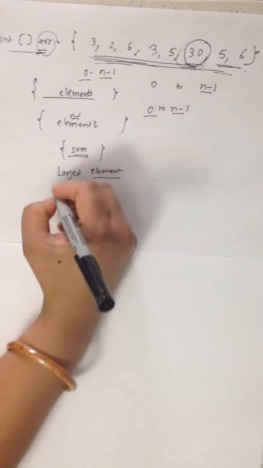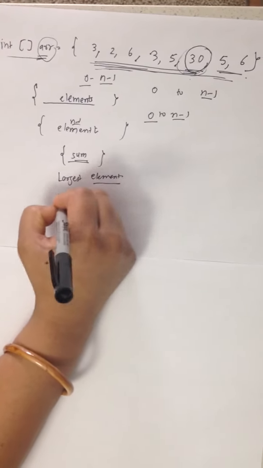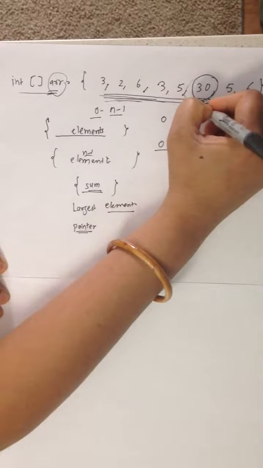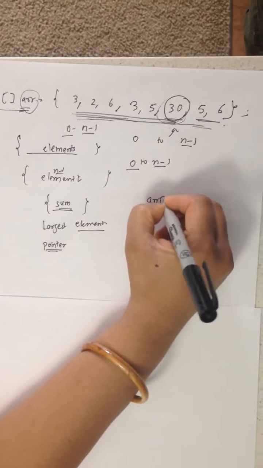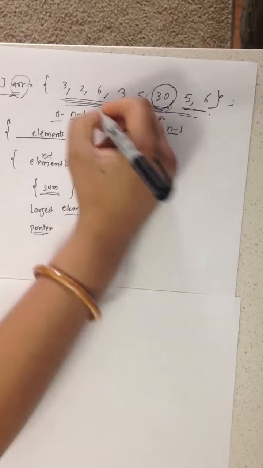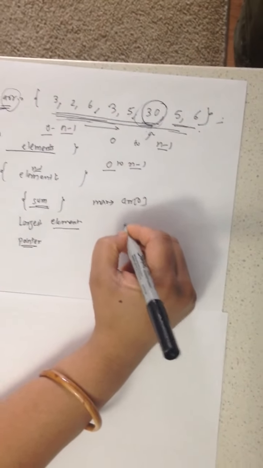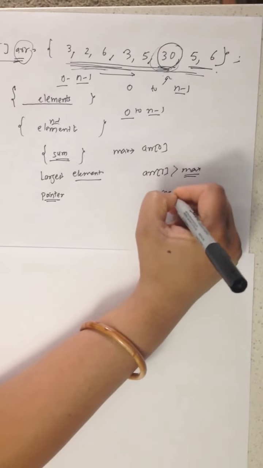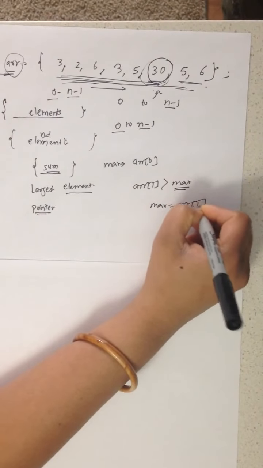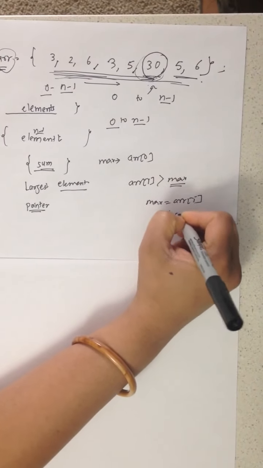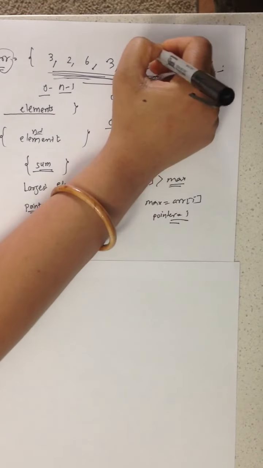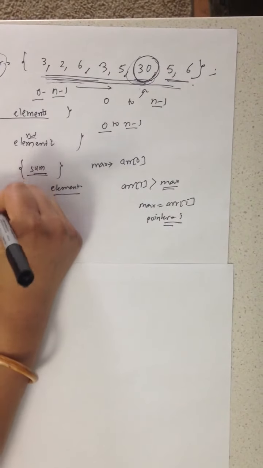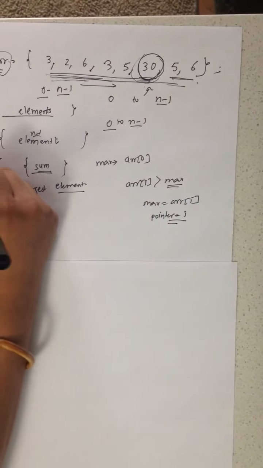We will also keep a note where our pointer is when we are trying to find the maximum value within the array. So we will start with array 0 as max, and when we go through this array, we will see if the array at any position is greater than max. If it is greater than max, we will make our max value array of I, and we will also set our pointer at I position. Now we know where this sum value is located in this array. So for this step the complexity is n.